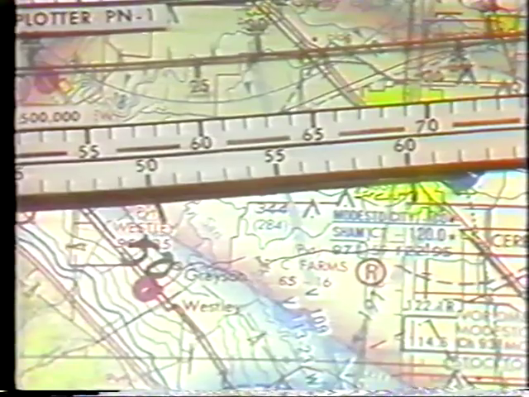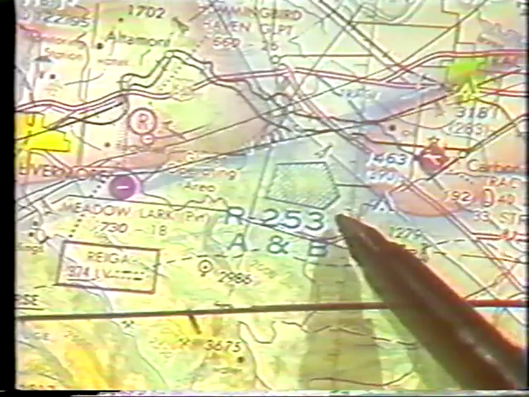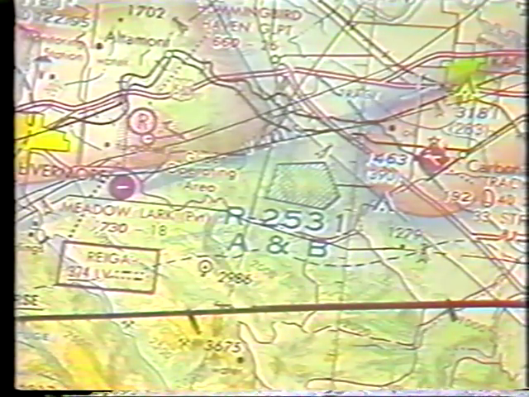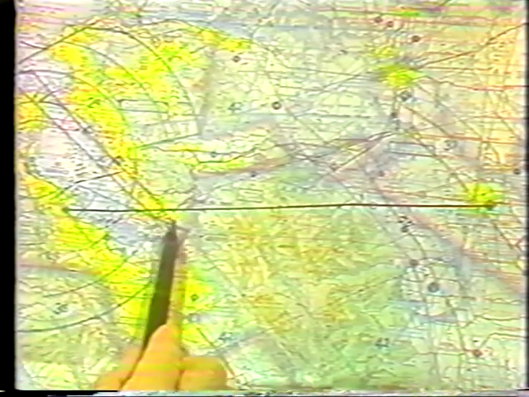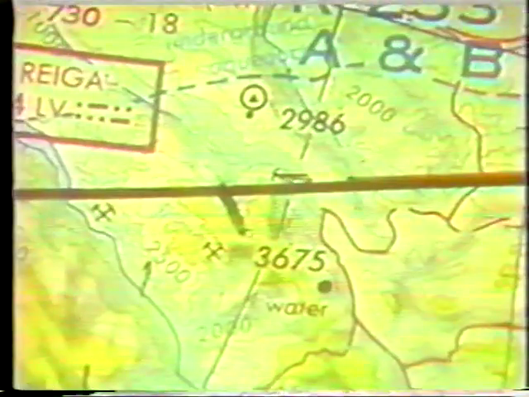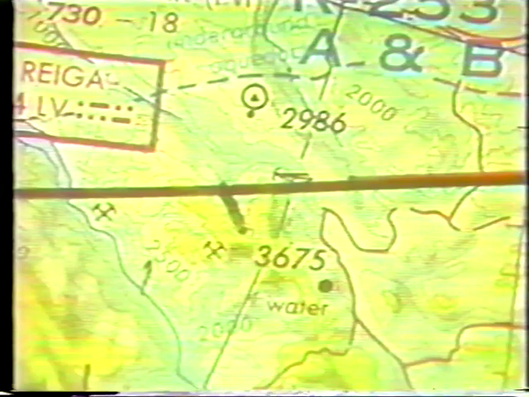Look over the course line to see if it passes through any special use airspace. We're very close to R2531, but the course does not pass through it. Look at the terrain to be sure the proposed altitude of 5,500 feet will be clear of terrain and of any obstructions. The highest terrain near our course is the mountain peak at 3,607 feet, slightly right of course. The proposed altitude of 5,500 will allow ample terrain clearance.